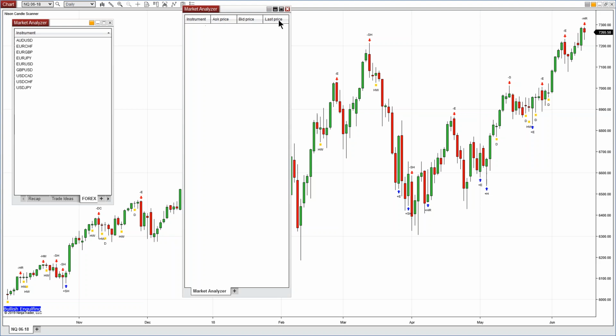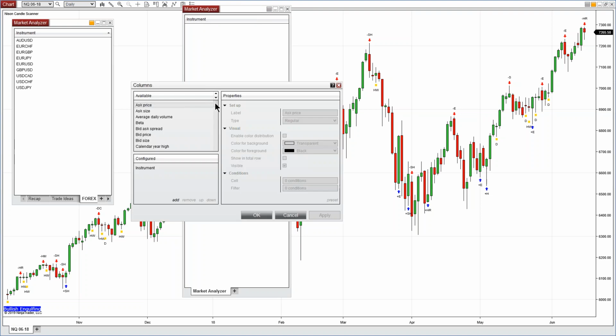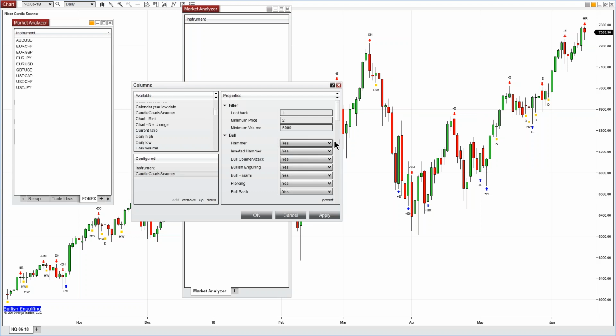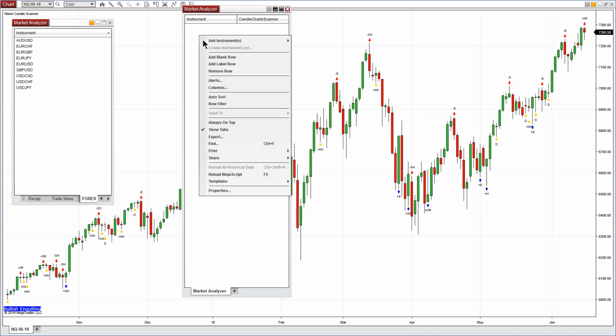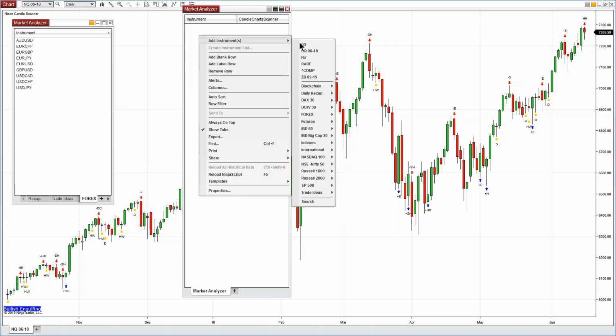You see at the top, it defaults with instrument, ask price, bid price, last price. You can drag those out or configure them in the column window. So again, I'll go to Candle Chart Scanner and add it. I can do one look back just for 1 day for now, and then click OK. You'll see 2 columns. You right click, add instrument list again. I'll go Dow Jones